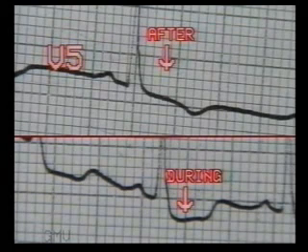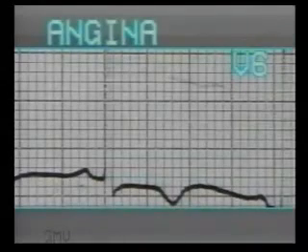Observe the lower ECG first. During an acute attack of angina pectoris, ST segment is depressed by 1 to 2 millimeters, particularly in leads V5 and V6. But this is a transient change. In the upper ECG taken 2 hours later, the ST segment has returned to normal. This is typical angina pectoris or Heberden's angina.